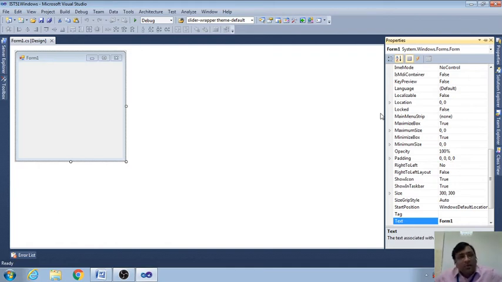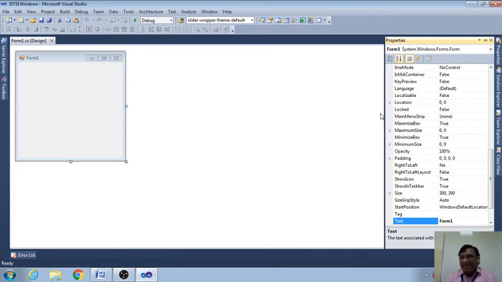All the Windows controls have properties. Either we are talking about the label, the text box, the button, or any other control, all the controls must have properties. Now there might be a question, what is the meaning of properties?